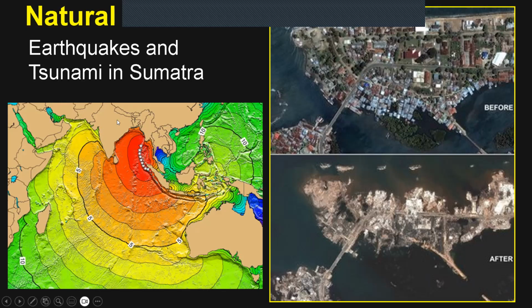And so you can make out the beige areas, which are land masses like India, see Australia, and then you can see the mainland of Southeast Asia. So it decimated Indonesia, Thailand, the Phuket tourist region was inundated. It also did the coast of India and Sri Lanka. So it was massive damage. Over 250,000 people perished from that tsunami in 2004.